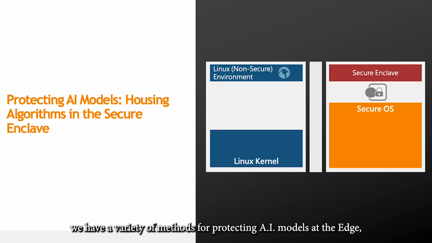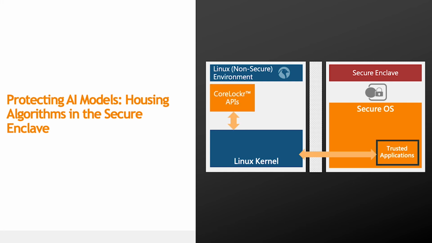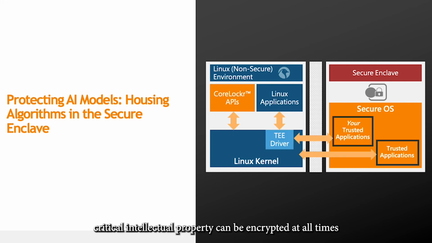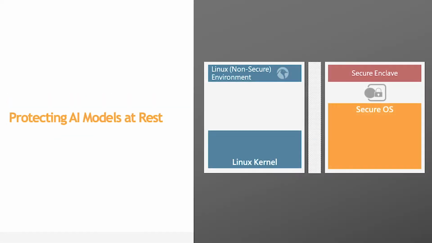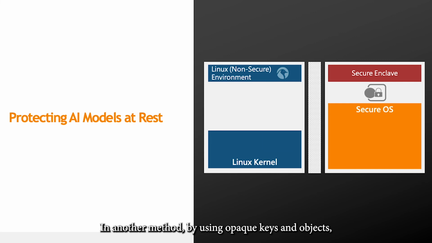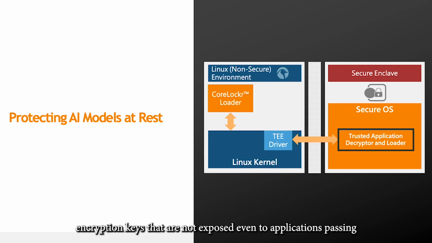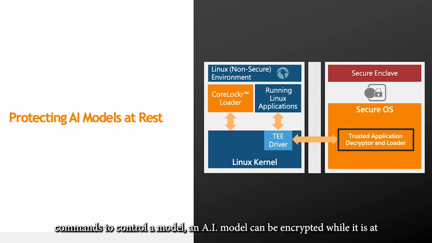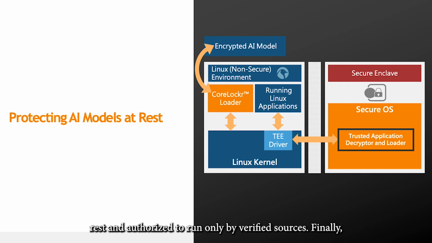At Sequitur Labs, we have a variety of methods for protecting AI models at the edge. Using a secure enclave, dedicated memory in an ARM processor, critical intellectual property can be encrypted at all times and only accessed by authenticated command. In another method, by using opaque keys and objects, encryption keys that are not exposed even to applications passing commands to control a model, an AI model can be encrypted while it is at rest and authorized to run only